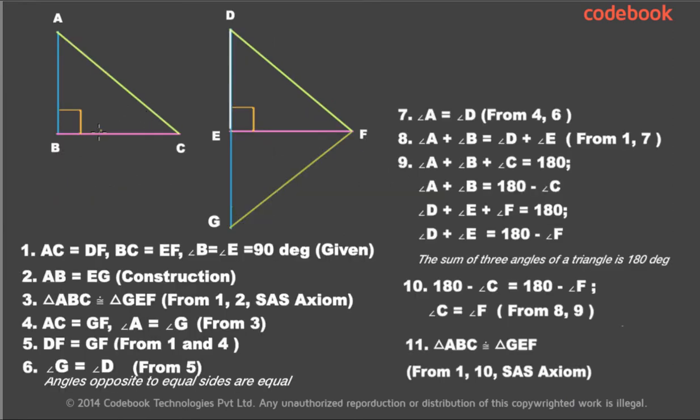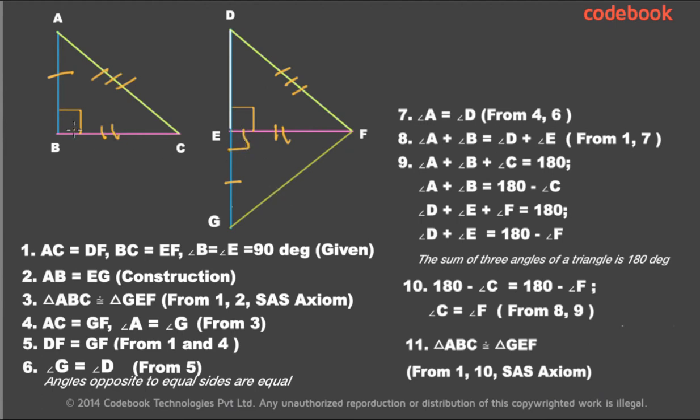So we have been given that BC is equal to EF and AC is equal to DF, and we also know angle B is equal to angle E because they are right angles. Now let's do some construction. Let's draw a line segment EG such that its length is equal to AB and forms a right angle with the line segment EF, and join G and F. Now this will result in a new triangle FEG, where EG is equal to AB and angle GEF is 90